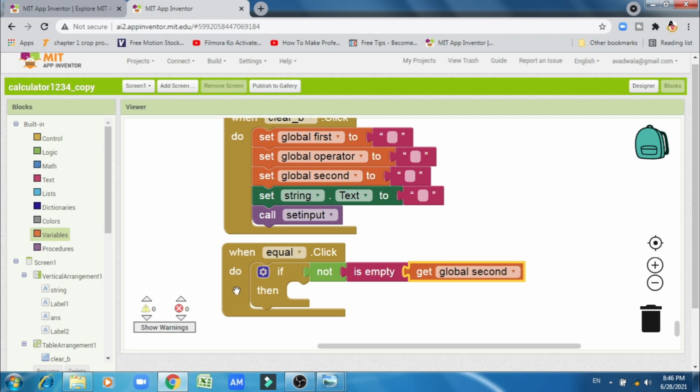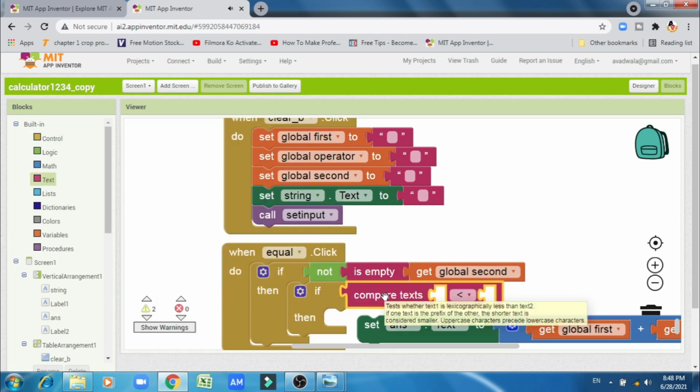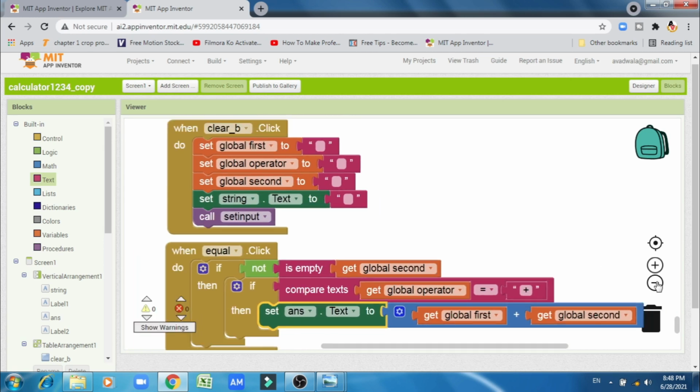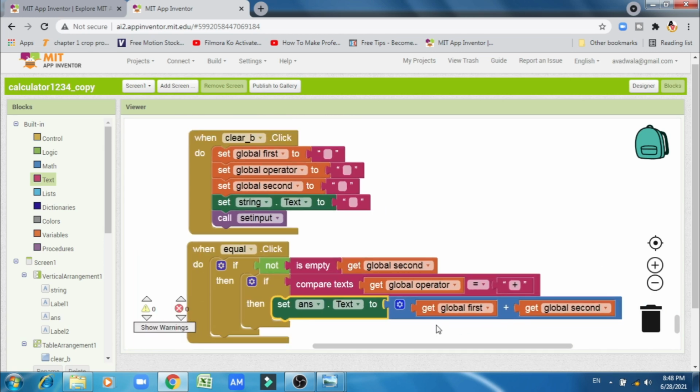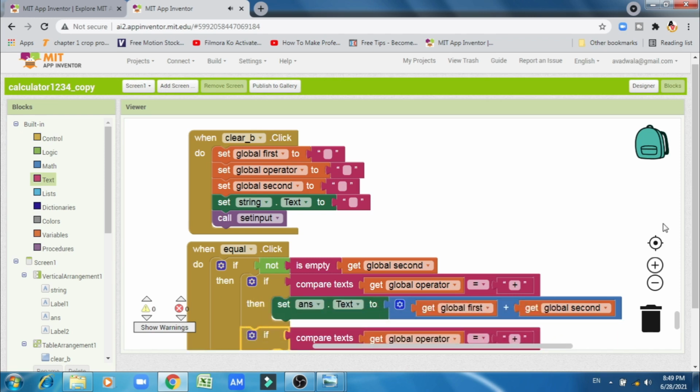Then set answer text, then it is the same for all, for multiplication, division, subtraction, and a little bit different for the percentage. So what we have to do, we can copy and paste.